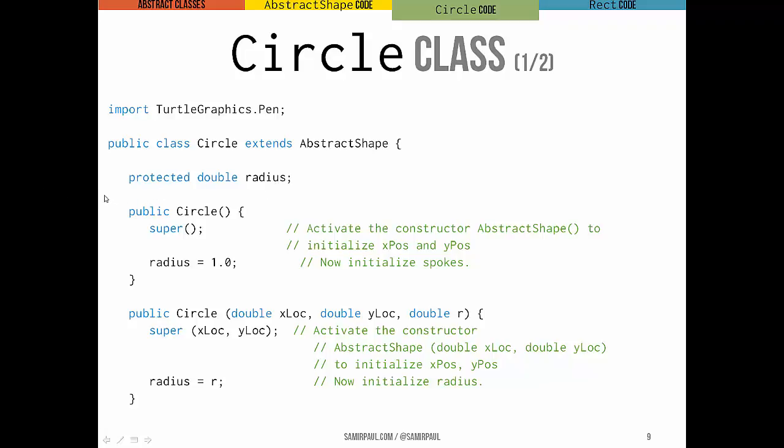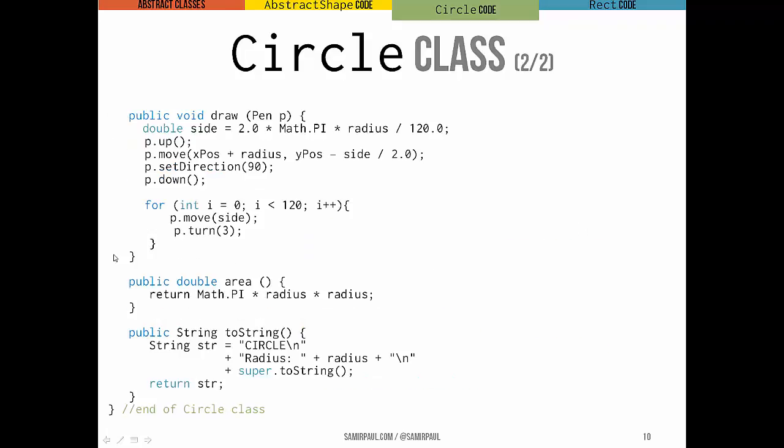Perfect. Make a constructor. This is the no-arg constructor. It calls abstract shape's constructor to initialize x position and y position, and then we initialize the instance variable unique to circle right here. Likewise, we have a constructor that takes more parameters, x location, y location, and radius. You can see here we implement draw, which was in abstract shape an abstract method, meaning that subclasses had to implement it. So we comply, and here we have draw as defined for a circle, just as it was in previous classes,